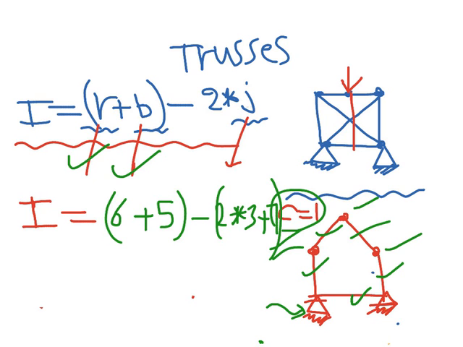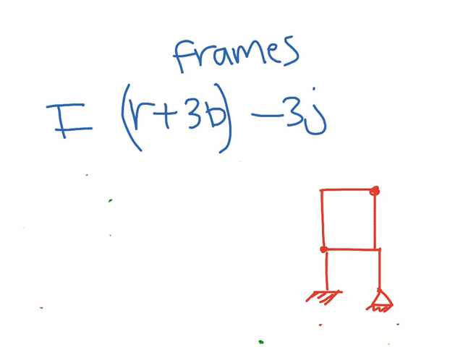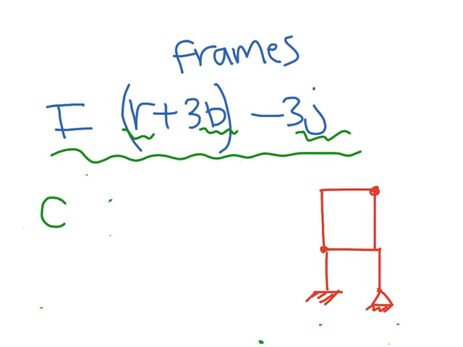Okay? Now we're going to talk about the last branch of our systems, which is the frame. The general equation of reference is I equals R plus 3B minus 3J. As we said before, R stands for reactions, B stands for members, and J stands for joints. And we have a really important note here. To calculate C, it's equal to the number of members